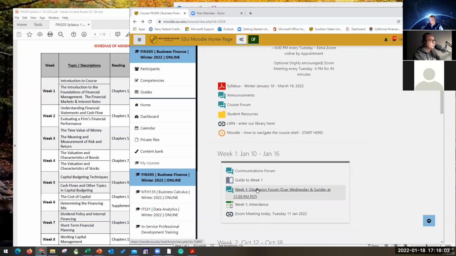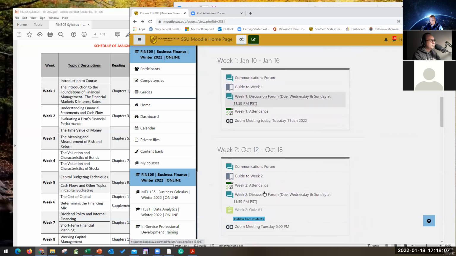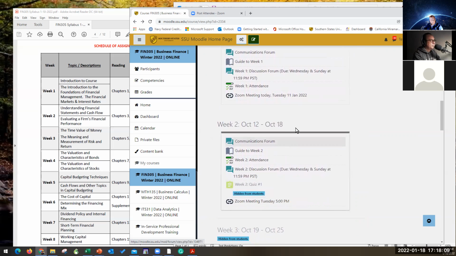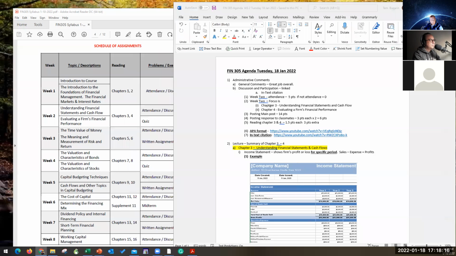But yes, the communications forum is basically what you should open. All right, so I do try to put all of these into additional resources. Now, I'm glad you said this because this agenda is going to be extremely valuable for you to have a copy of, because